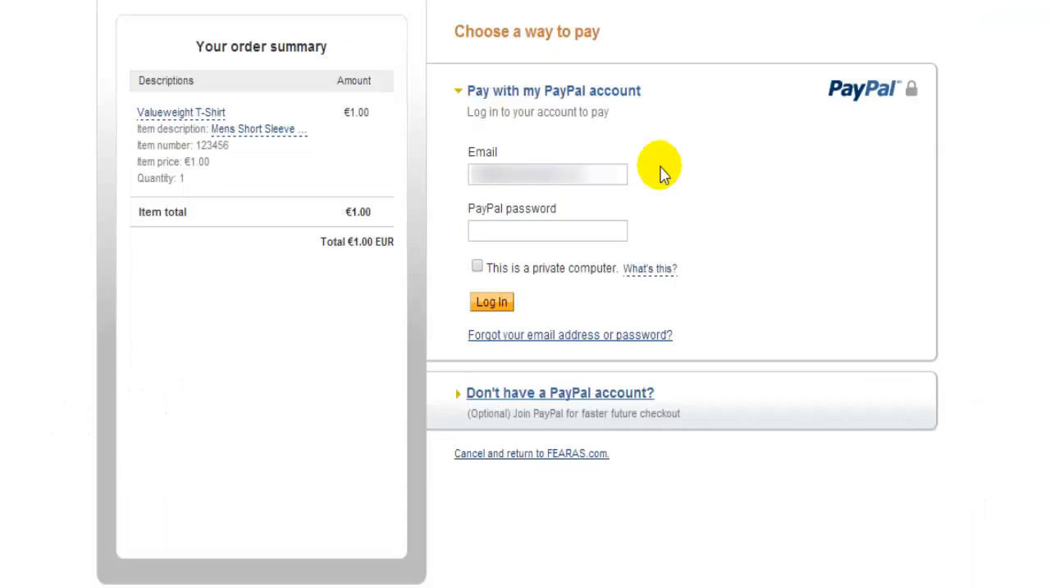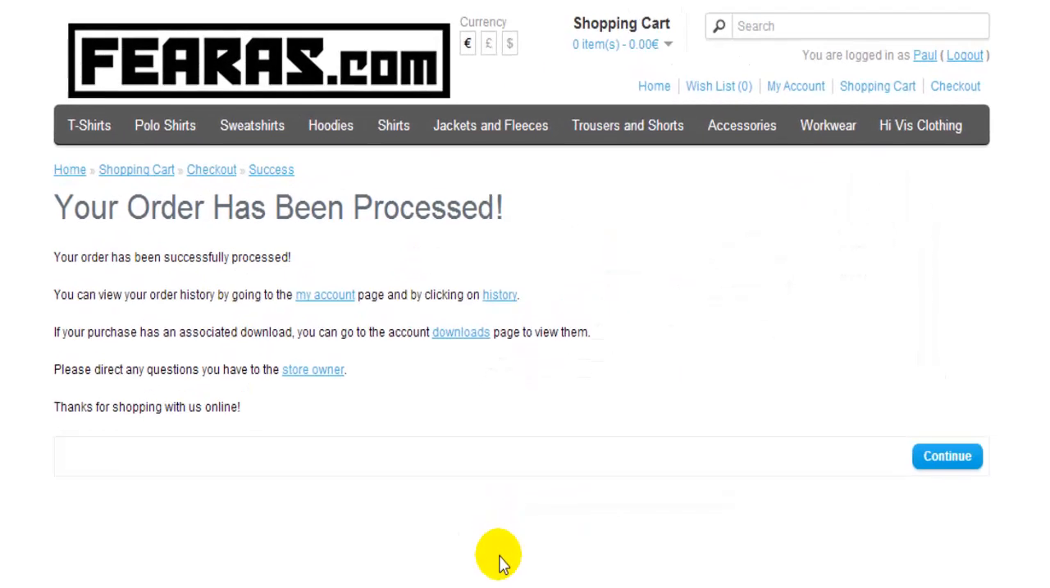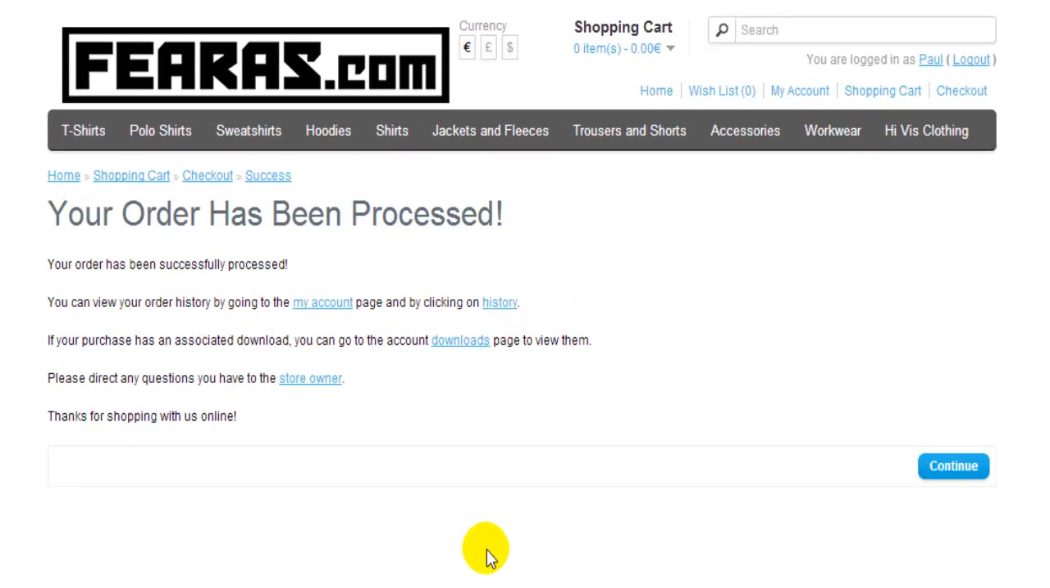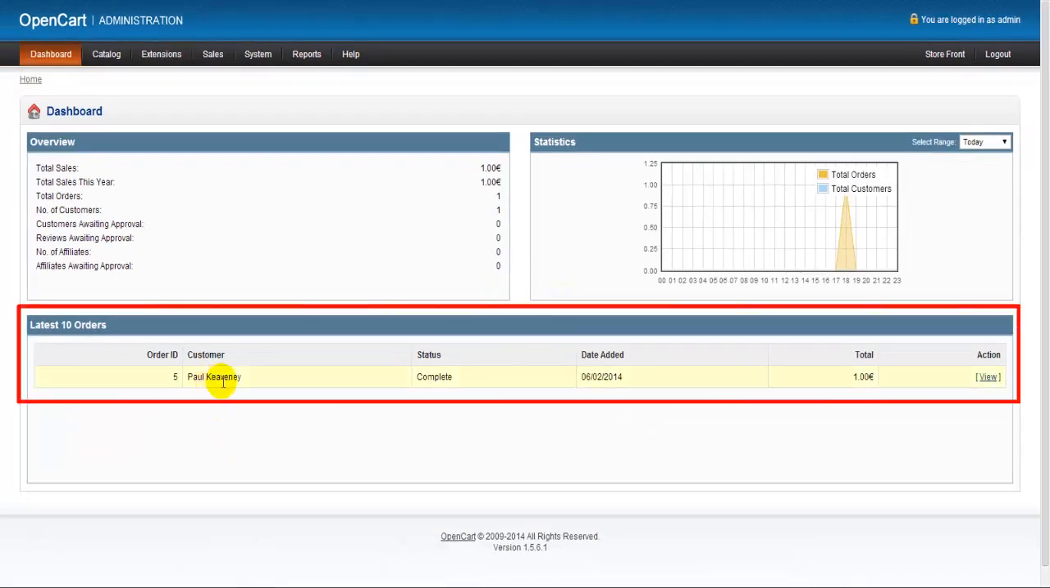This takes us over to PayPal, and now we just simply enter our password, or if we don't have a PayPal account, we can click here and enter payment via credit card, then click login, then click pay now, and our customer is returned to the FIRAS page here telling us that our order has been processed. And as we can see from our dashboard here, we have a new order, so we're going to view that